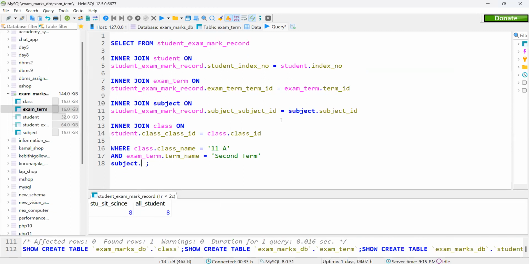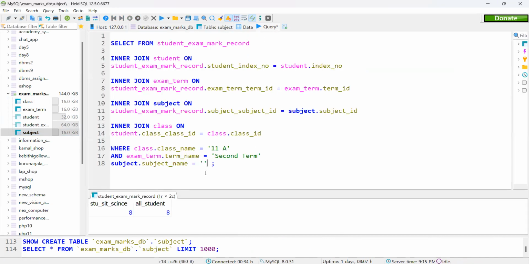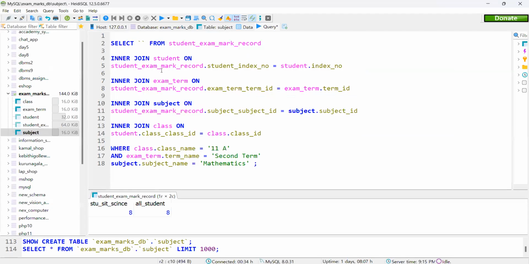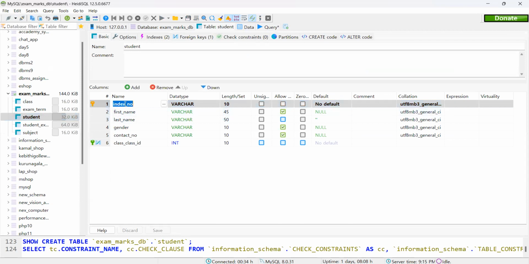In the subject table we take subject name equal to mathematics. And we have to take our columns: admission number, first name, last name, mark, date of examination. We are going to take the details, index number,